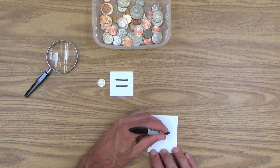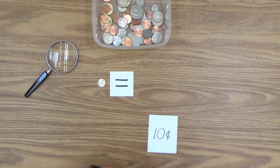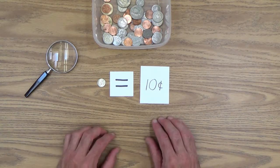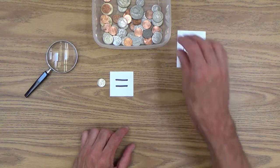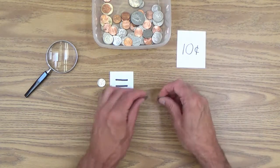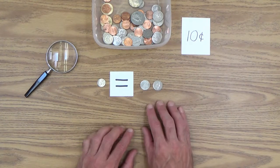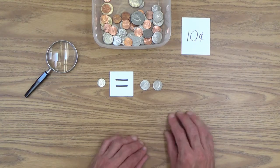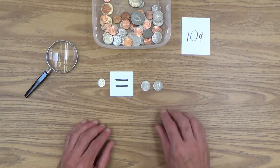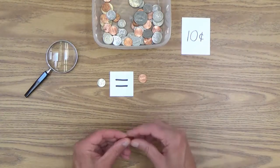And look at this. A dime is worth 10 cents. Twice as much as a nickel. 10 times as much as a penny. And you can prove that to them. 10 cents, okay. We know from working with nickels that when we count on, 2 nickels is worth 10 cents. And we also learned from counting on that we should start out with just pennies. So I correct myself. A dime is worth